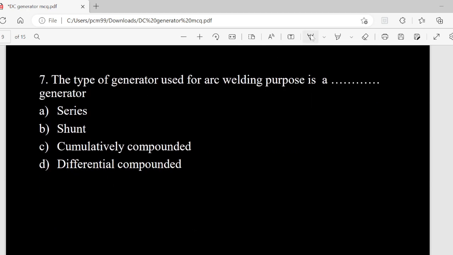question number 7. The type of generator used for arc welding purpose is a dash generator. Option A series, option B bond, option C cumulatively compounded, and option D differentially compounded. In cumulatively compounded, you get more voltage and less current. But in the case of differentially compounded, you get more current as compared to voltage. So differentially compounded is best suited for arc welding purposes. The correct answer is option D. Next,